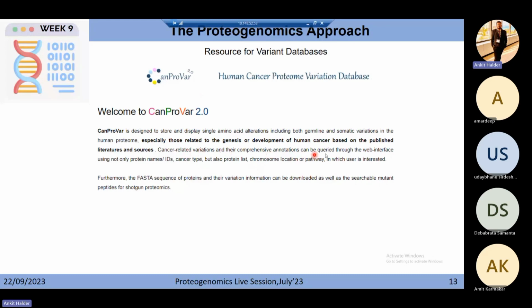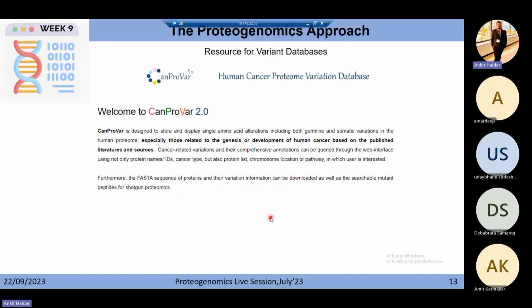So cancer-related variations and their cooperative partners can be searched by protein names or IDs in which the user is interested. Furthermore, if anyone is not able to go through the steps of genome sequencing data, mapping, annotating variants, then the FASTA sequence and their variations can be downloaded, as well as searchable mutants for shotgun proteomics. Say you have the proteomics data, but you are still awaiting your sequencing data. Or if you are stuck in the analysis steps somewhere, you can download it for a preliminary check of the coverage